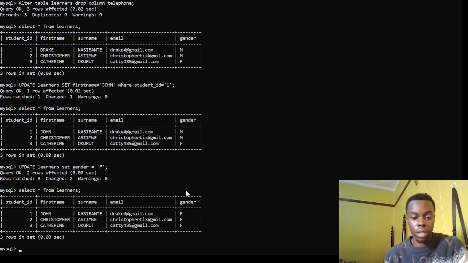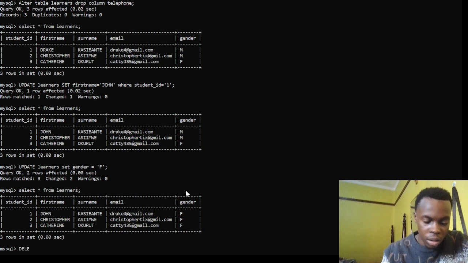Yes, so you can see that our gender, be it John Kasibante, Christopher Simwe or Catherine Okrut, all of them are now females. So we are going to the last command today, and it will be the delete command. This one removes records from tables within a database. You can use it to erase any unwanted record, or maybe you've made a mistake somewhere, so you can use it to delete records, and its syntax is delete